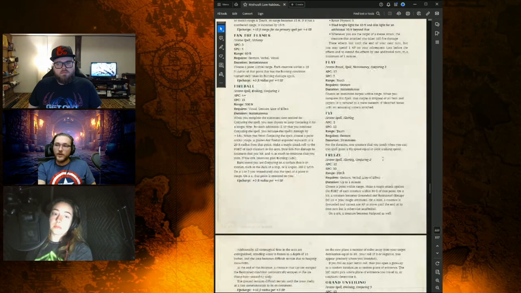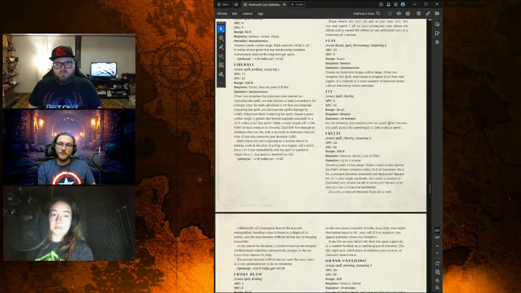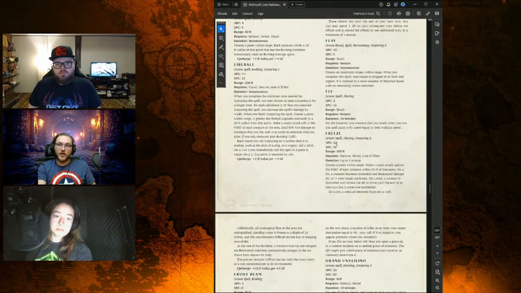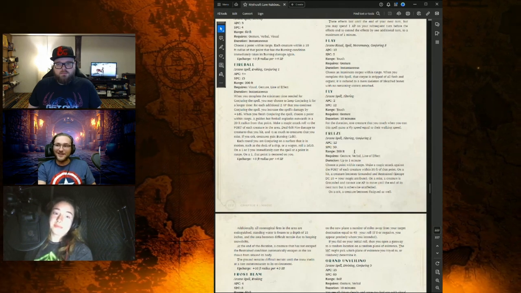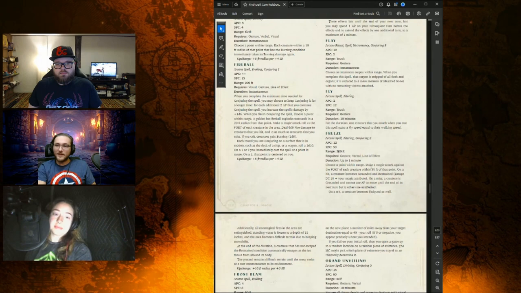Freeze down here, on the other hand, has Conjuring 2, and an action point cost of 12. Sheesh. So yeah, it takes a lot longer to cast it. But then it